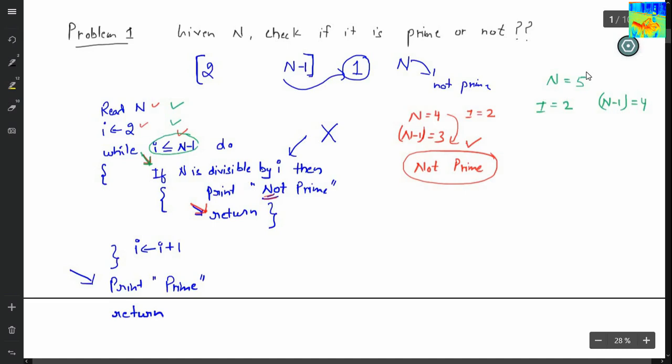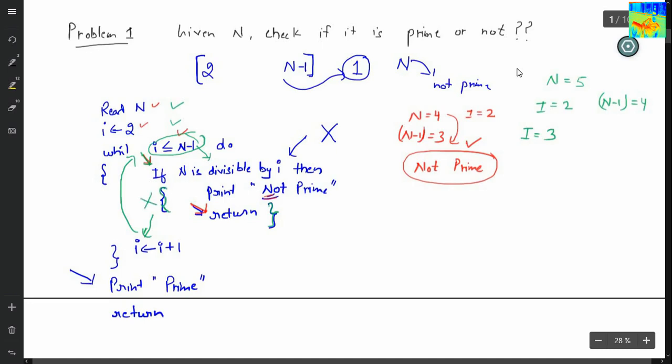Then you check: is 5 divisible by 2? No. So this statement will not be executed and you reach here. Increase the value of I by 1. So the new value of I is 3. Then you check the condition again. Is 3 less than or equals to 4? The condition is true. You come here. Is 5 divisible by 3? No. The condition is false.